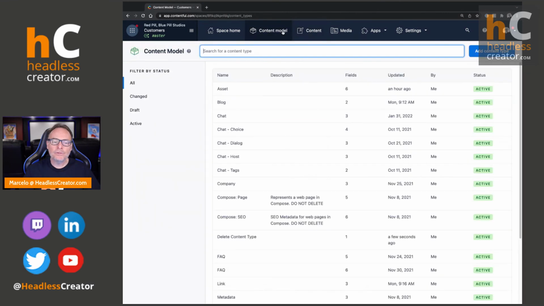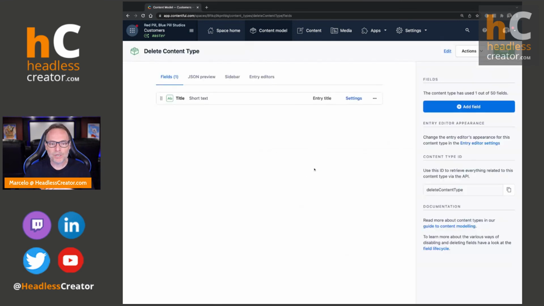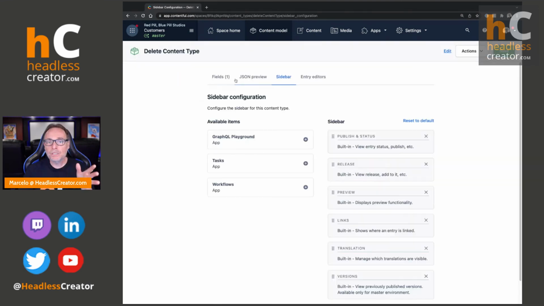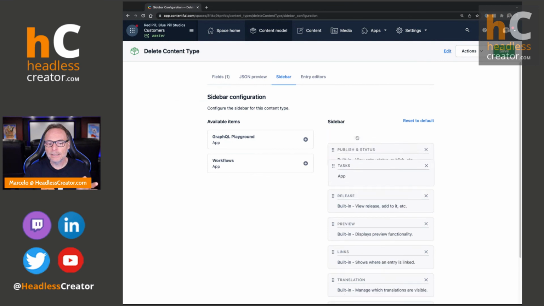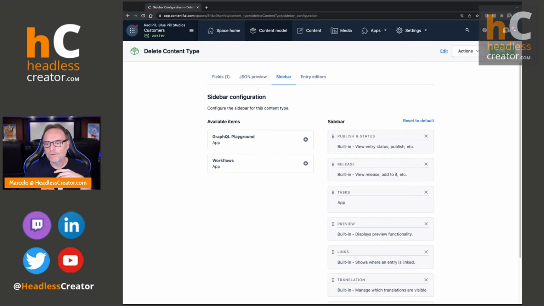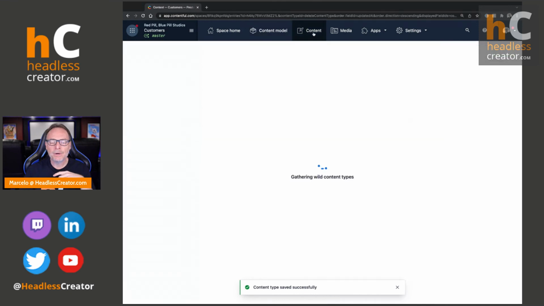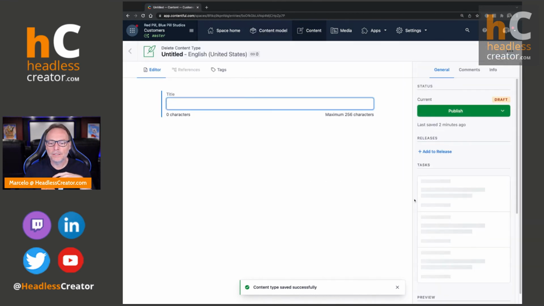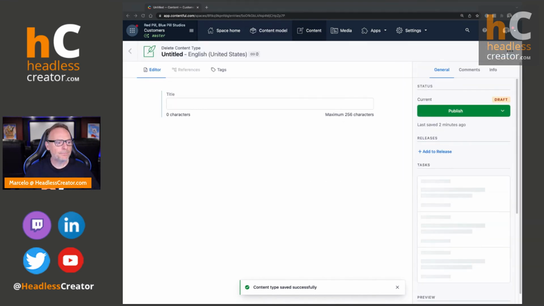So if they installed it and configured it for that content type, and maybe they don't know this, tell them, go into the sidebar and there should be a Task app there. Make sure you insert it, and then you can position it wherever you want. You're really going to show off, and they'll be very impressed with you as an author. If I click save and go to content, you'll see it right there. So, I just covered